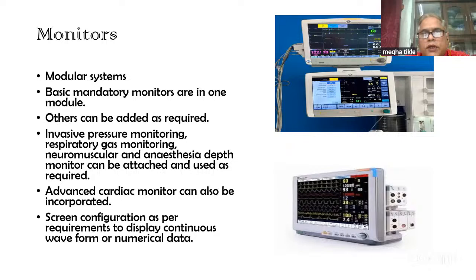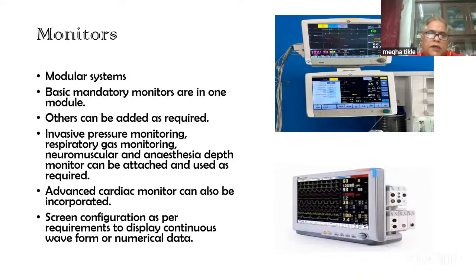Monitors. Now monitoring in your machines is usually modular. So you have a basic mandatory monitor in one module, which will give you two ECGs, an IBP, pulse oximetry, respiratory rate, and temperature. So these will be connected to one, and others can be added as required if you want invasive pressure monitoring,